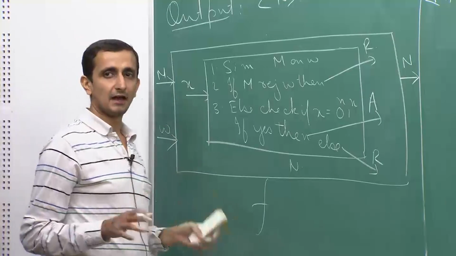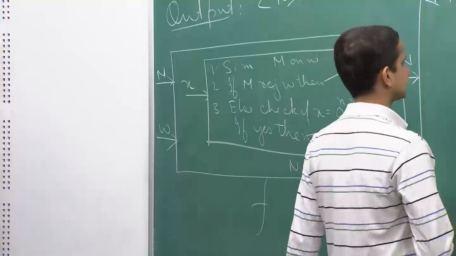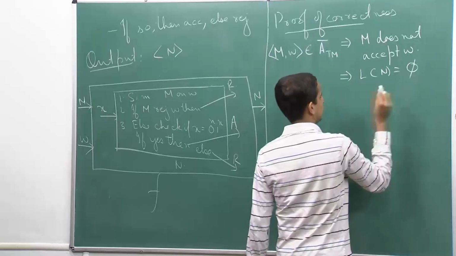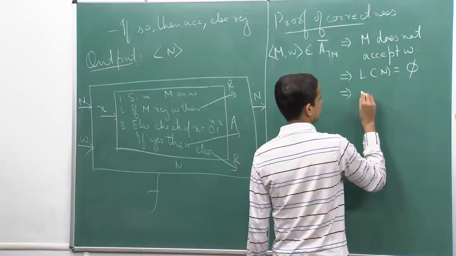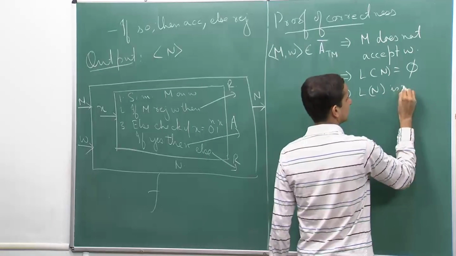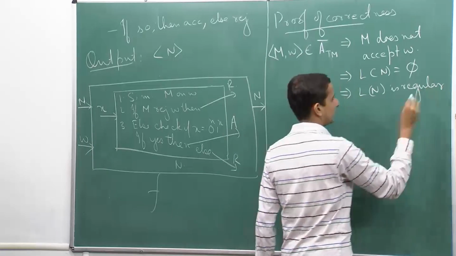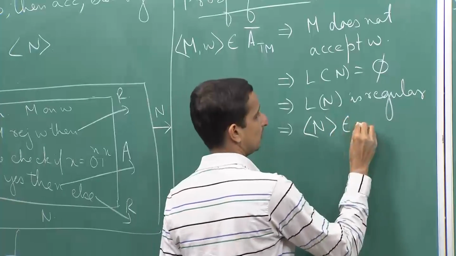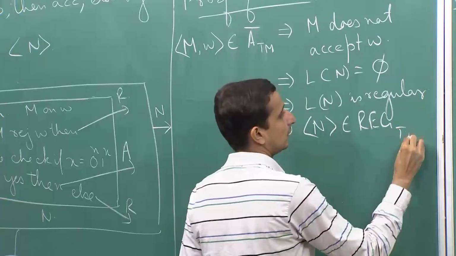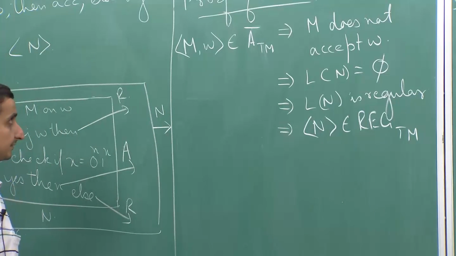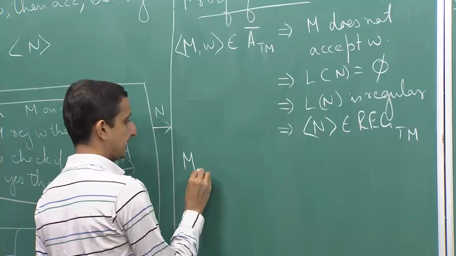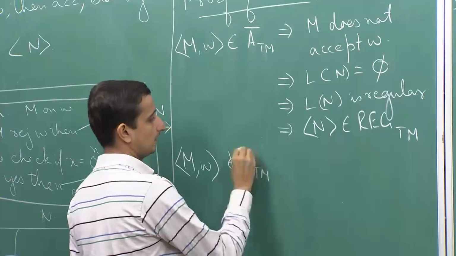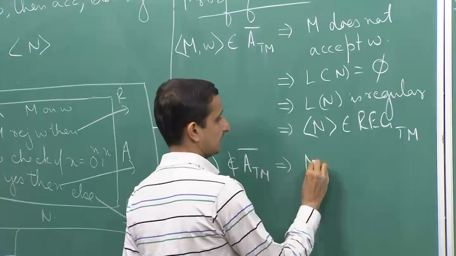So, all x's are either getting rejected or the machine n loops forever on x. This implies that the language of n is the empty set, which implies that the language of n is regular, because the empty set is a regular language, which implies that n belongs to REG-DM. On the other hand, if m comma w does not belong to ATM bar, it means that m